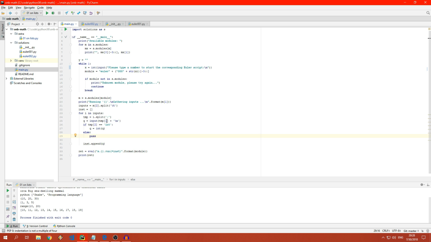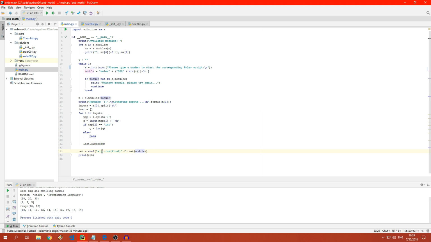And the name of the variable is used here, the descriptor part is used here to ask the user for inputs. The input is stored in Q, and Q is then parsed depending on the type that the variable has. And then inst is a list here of instances. Each parameter for the function gets an instance and is placed into this list,